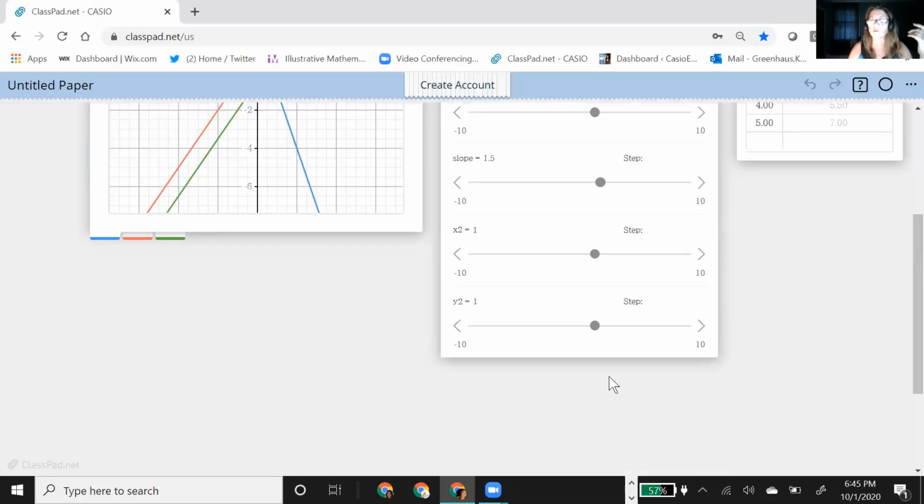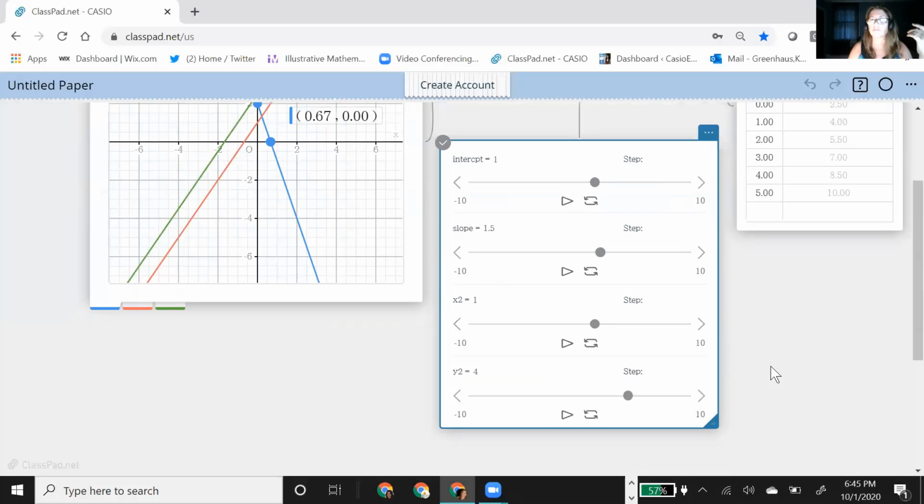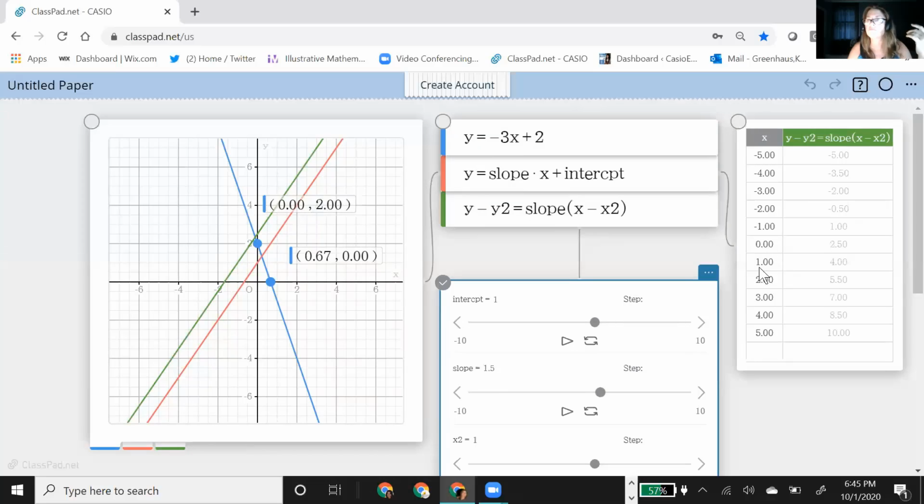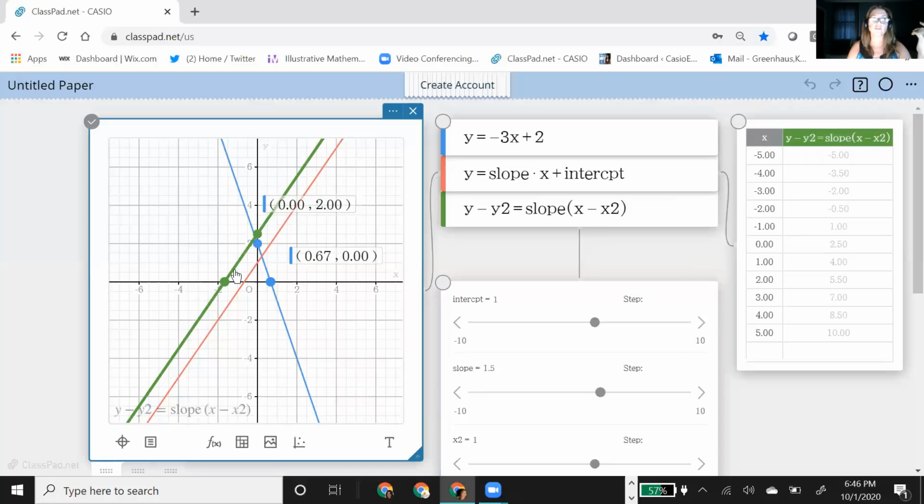And then now you can move your point. So can they identify where that point is? And notice I did not change the, so this is the point 1, 4. We can find it on our table. Right here, 1, 4, we can talk about what happened to the line. Where is that point on the line? And we could put a point somewhere and actually try to find the point on the line. So there's lots of things you can do with these variables. So this is just a very simple example using a linear equation, right? So are there any questions before I move on to just another type of equation?